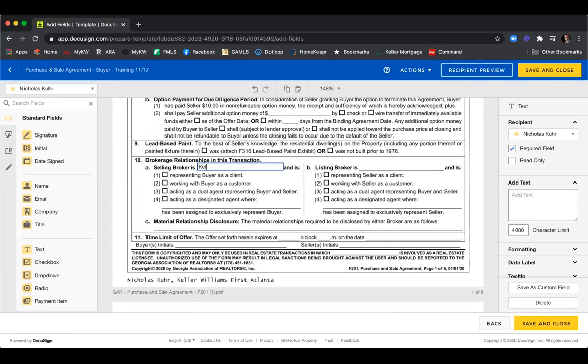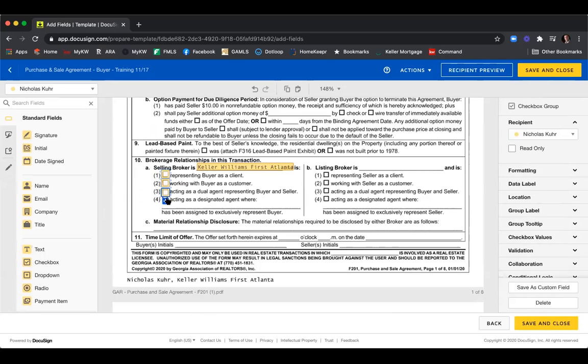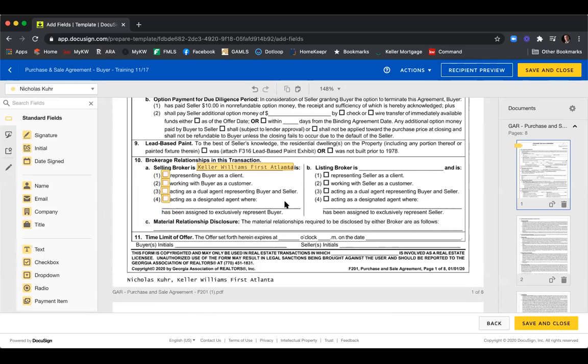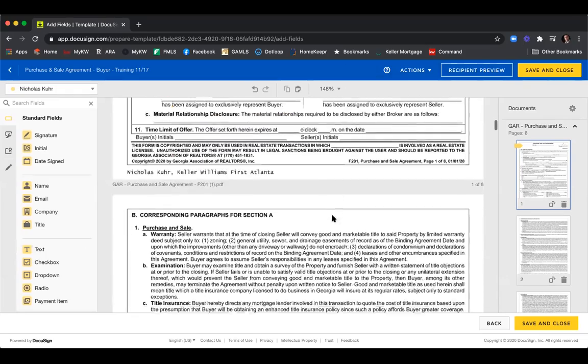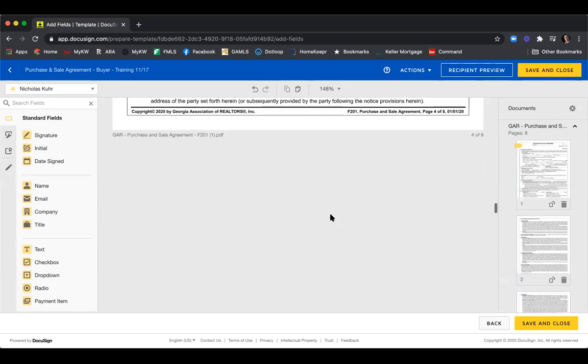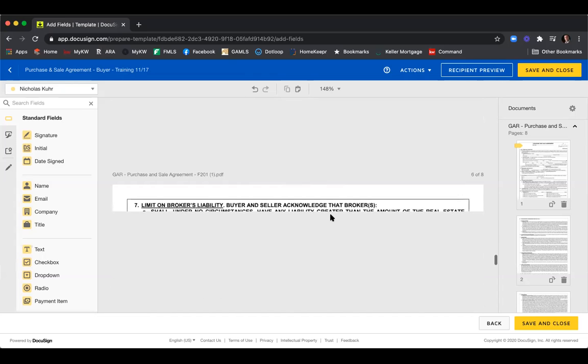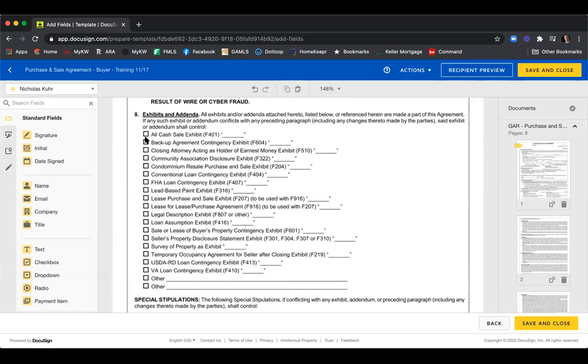Keller Williams first Atlanta. And then again, I can add these checkboxes. So you get the idea, and add more text boxes here, keep scrolling. And then when we get to the exhibits, whenever they come up, here you probably want to add checkboxes and text boxes for each one of the exhibits,